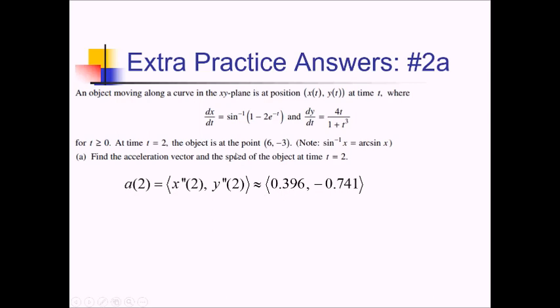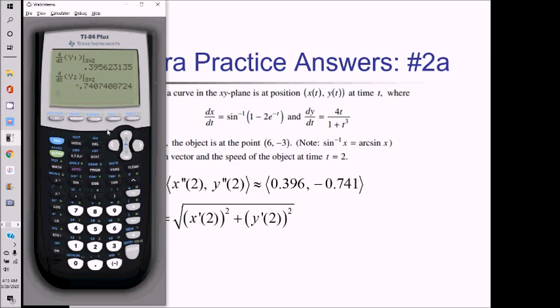To get the speed at time 2, I need to do the square root of x prime of 2 squared plus y prime of 2 squared. This right here. And that's another one that I can do on the calculator. So to do that on the calculator, let me do square root. And then I got to do x prime of 2 squared. So alpha trace y1,